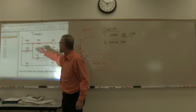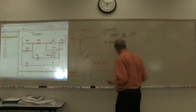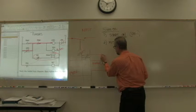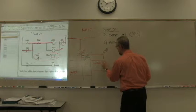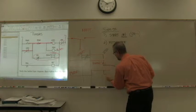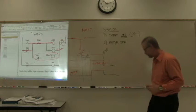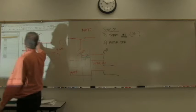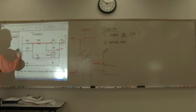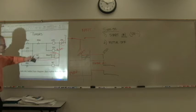If the stop button is pressed, what happens? Well, that's going to happen right here. Let's say it happens right there. Everything turns off when the stop button is pressed. As soon as the stop button is pressed, it breaks all of this, and we go back to our initial situation,